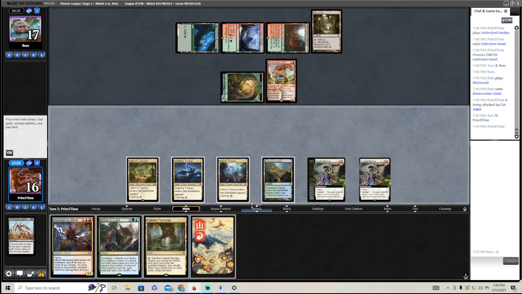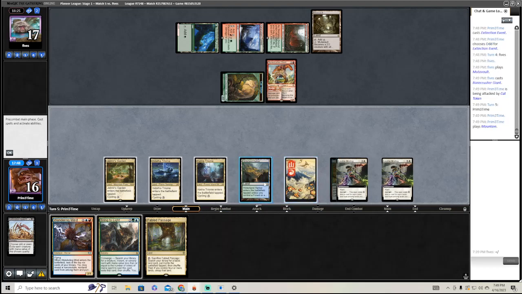Draw Fabled Passage. Okay. 1, 2, 3. I can't pick up Yorion and cast. So, I mean, I don't want to get a Crowan Ward. Do not want to get a Crowan Ward. I can just go Valky, down tick, kill this, or I can go...